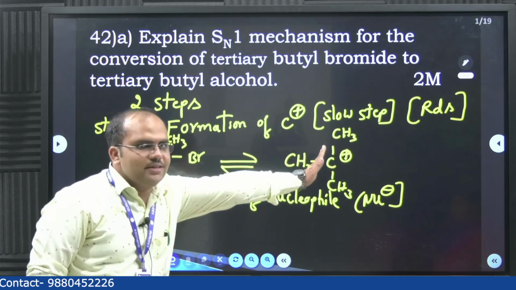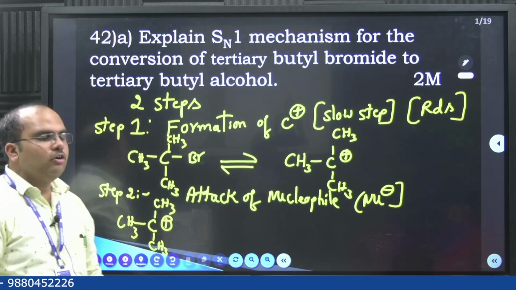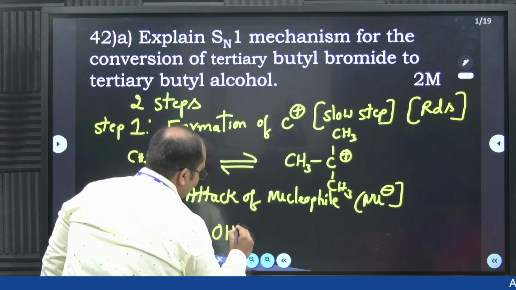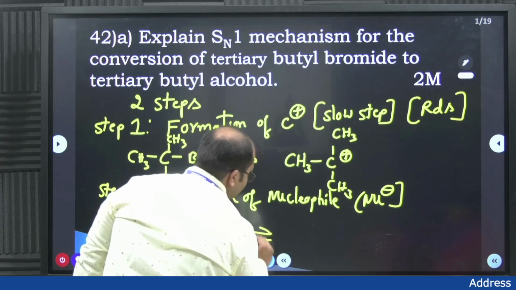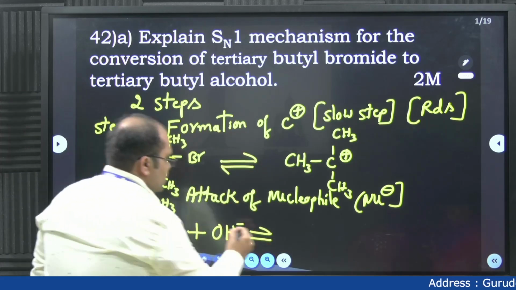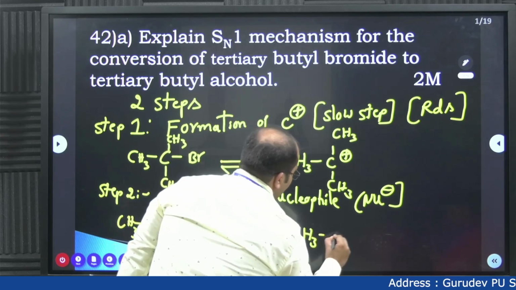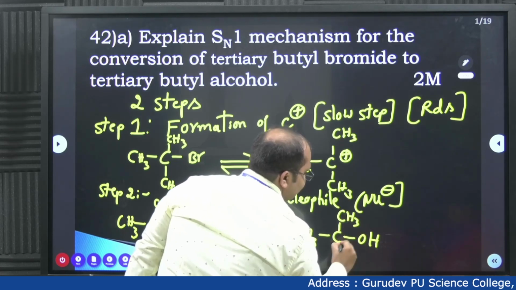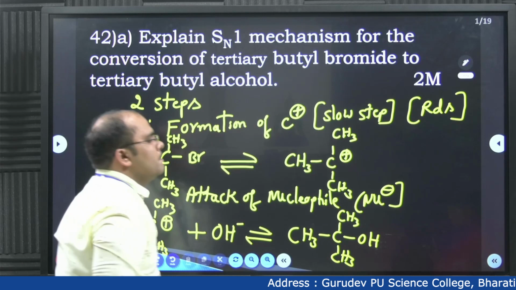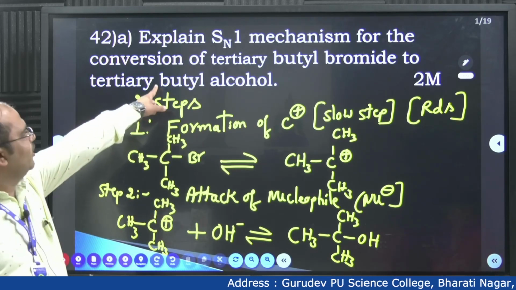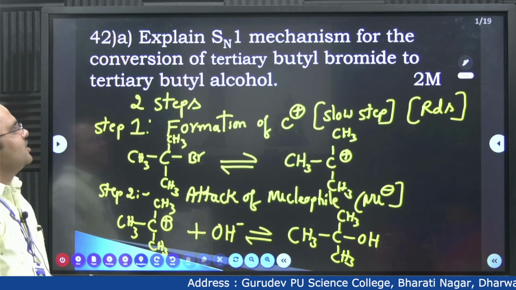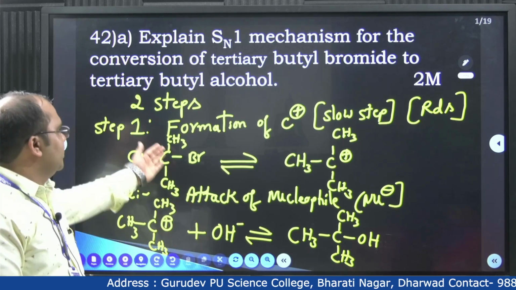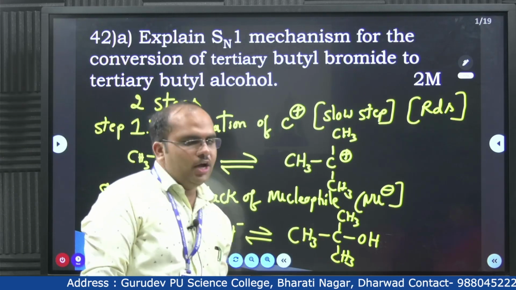See, I have just taken the same step here for the attacking of the nucleophile. Here you are going to attack with the nucleophile, which is carrying the negative charge. Thus the product formed is tertiary butyl alcohol. Our target is the formation of tertiary butyl alcohol. In two steps we take the tertiary butyl bromide and form the